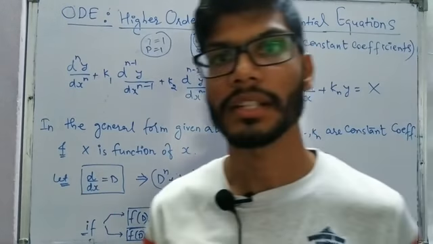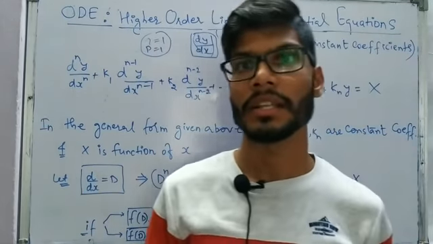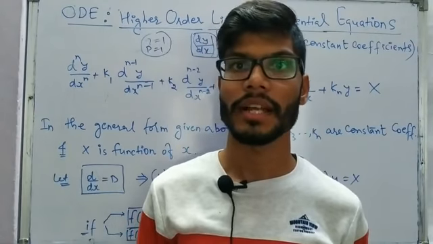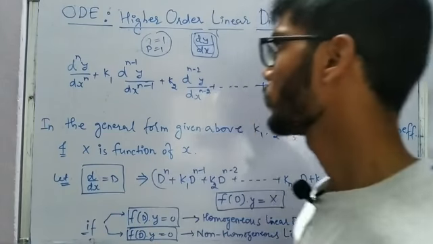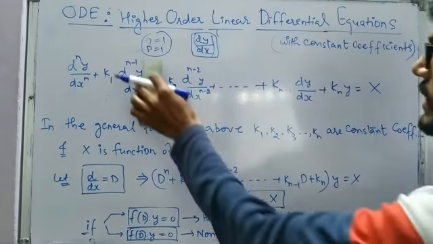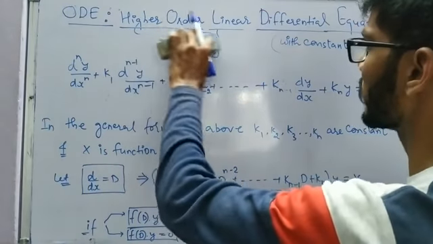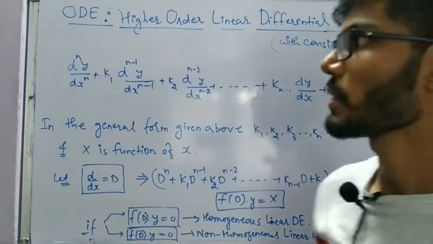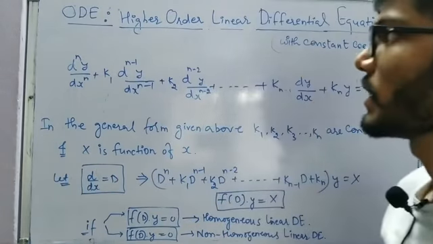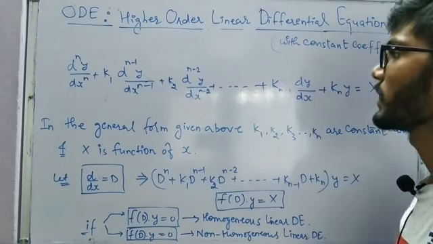In that case we had a discussion on 5 methods. The first one was the inspection method, then exact form, exact reducible form, and then we talked about variable separable, and finally standard form, or if it is not in standard form we tried reducing it into standard form also. Those 5 methods we discussed in the case of ODE, first order linear differential equation.